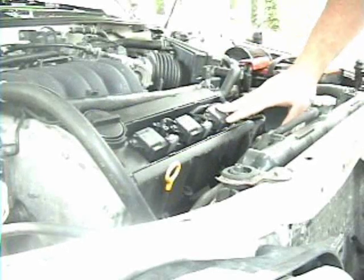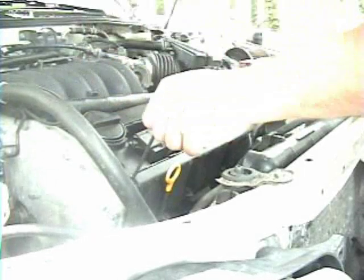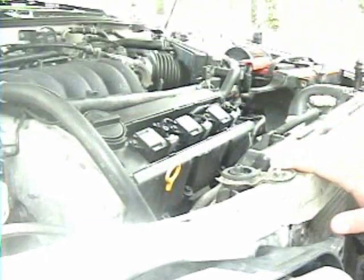First thing you'll notice is this coil cover is missing. On a stock car, a car that still has the cover on it, it's going to be 4mm Allen head bolts. There'll be one right here, one in this center post, and one right here. And I just don't have the coil cover on because, well,